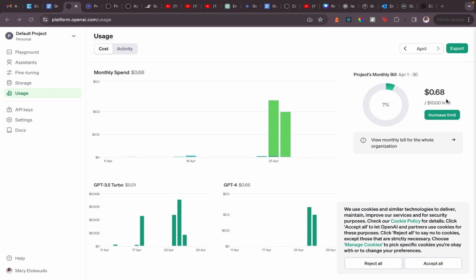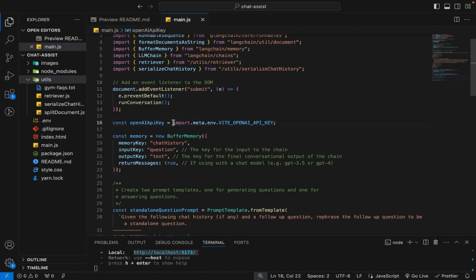But I can assure you that you will not use up to $1 for this project. I think the minimum you can add is $5. So just have some money in your account. Now, about this